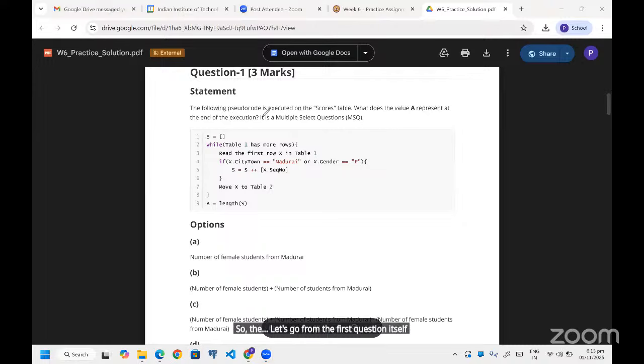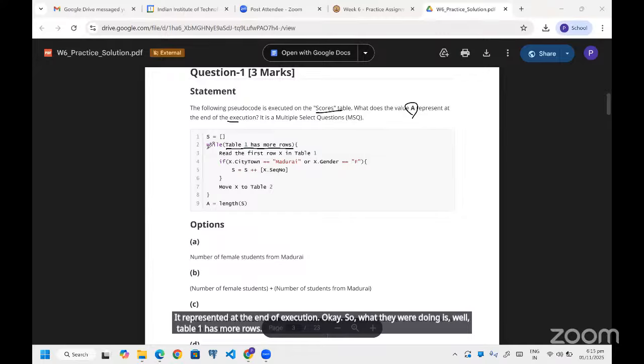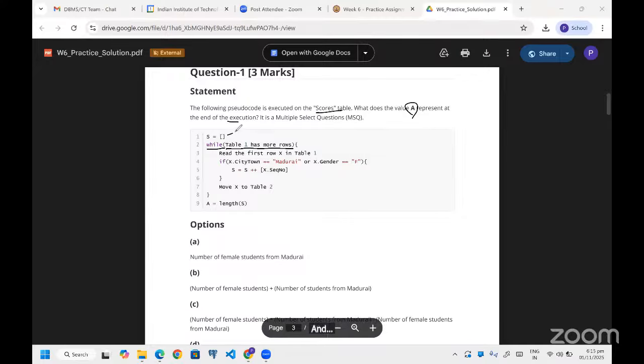The following pseudocode is executed on the scores table, and what does the value A represent at the end of execution? So what they were doing is, while table 1 has more rows, first initializing S equal to an empty list. So this is nothing but an empty list.